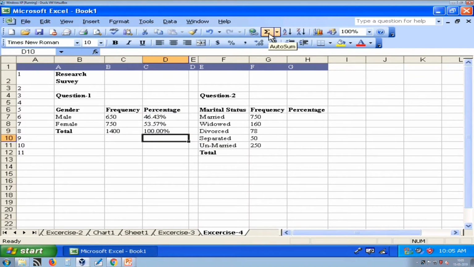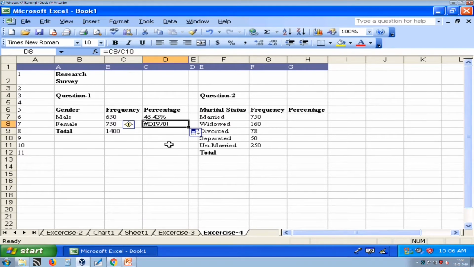Now, one important feature that I want to mention here is, what will happen if I drag this formula? It shows division by 0. Now, why does this happen? If you look at the formula, it shows C8 by C10.